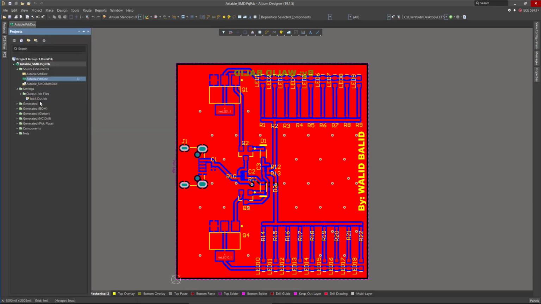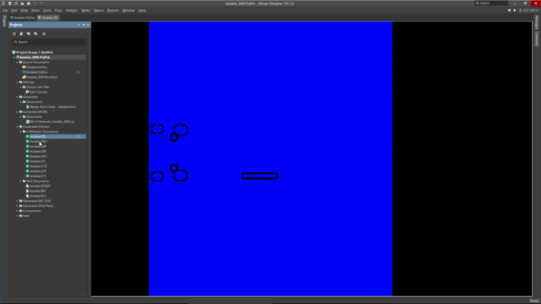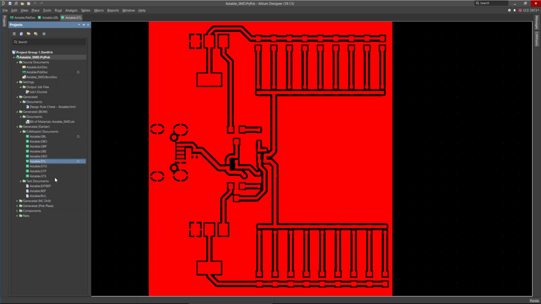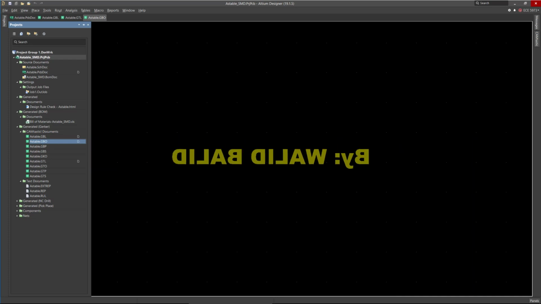And one thing you notice in here, when you click on the output job file, you can see the generated files. See, so here you can see the design rule check, the bill of material. It's all under the same project, and now you can view them from here. And these are the Gerber files actually, and you can view them in Altium Designer. So this is basically the bottom layer solder, and this is the top layer solder, and this is, you see, the bottom layer